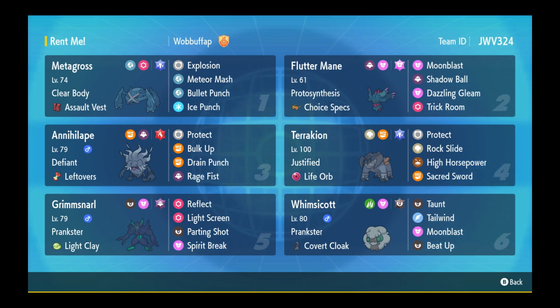We are also a bulky Flutter Mane, so we can take a couple hits. We can also reverse Trick Room with it. I know that looks weird with Choice Specs. We've done it before. I've seen it done. I know that it can do it. Then we've got